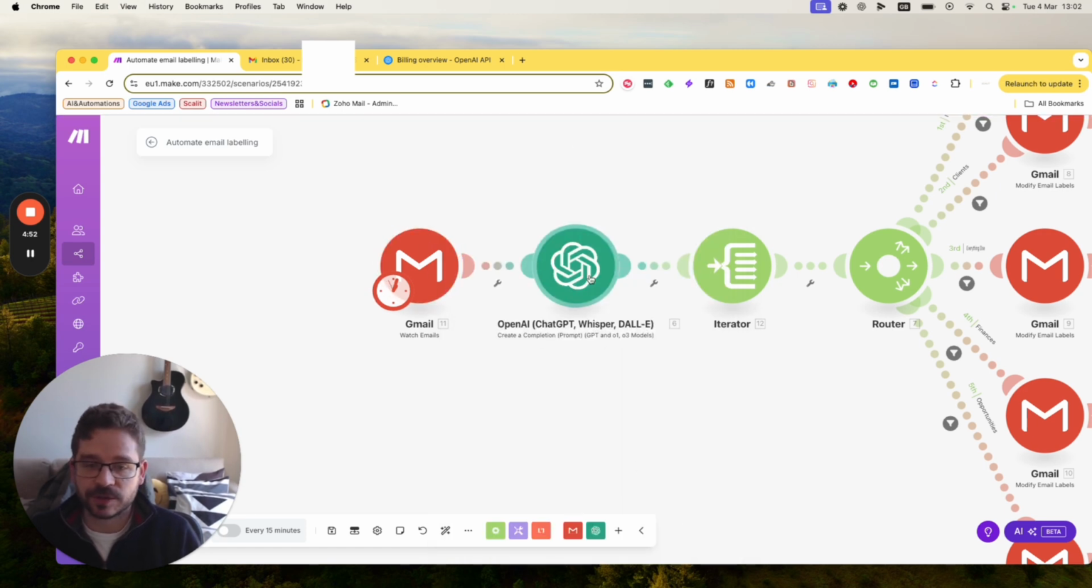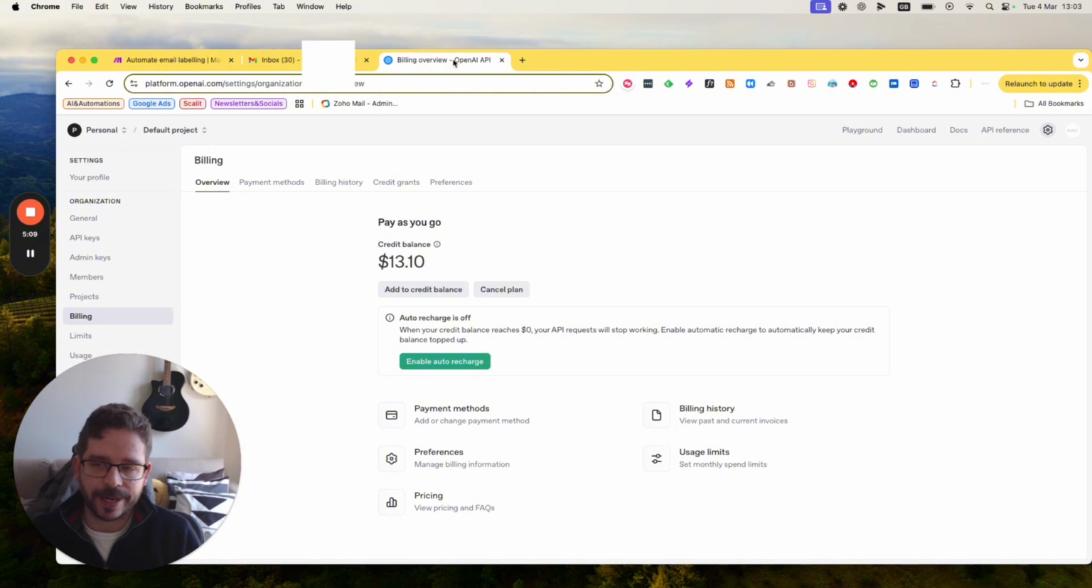Now, the second module is to connect OpenAI, so use AI to read the email and then give us the label recommendation for the email. You can use Claude, you can use DeepSeek, you can use Perplexity. In this particular case, I'm using OpenAI, so ChatGPT. You need to go to platform.openai.com, okay? And you need to basically add credits. You can add like $5, which is more than enough for you to test and to use a lot of it,